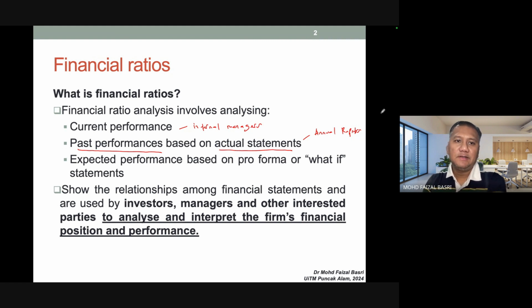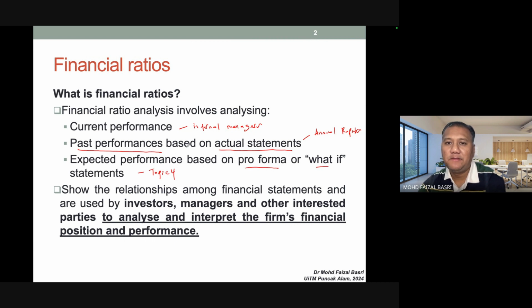Right, so the third type of analysis of financial ratios, maybe we can go through to do what we call pro forma, or what-if statements. For pro forma, we will go through it in detail in topic number 4. Okay, not today. So for today, my plan is to ensure that we complete the whole topic number 3,